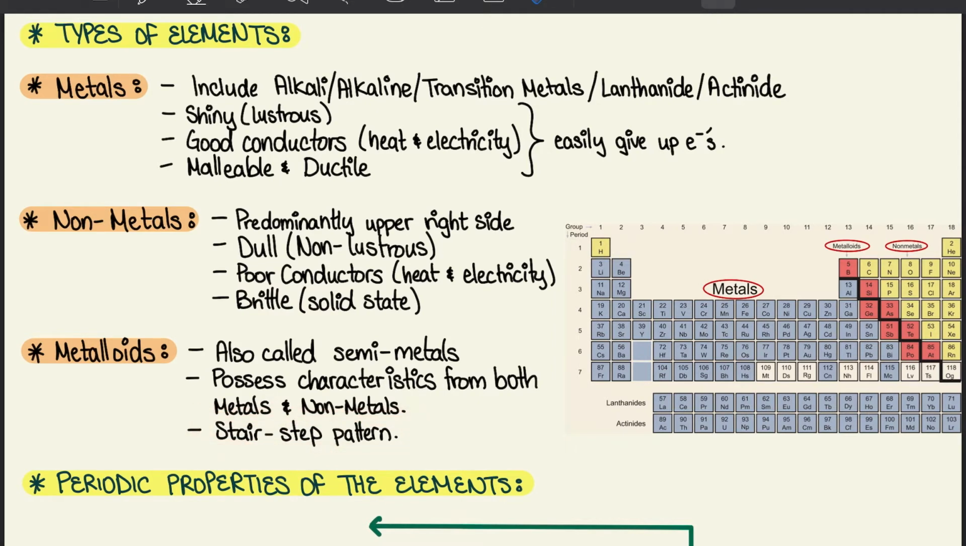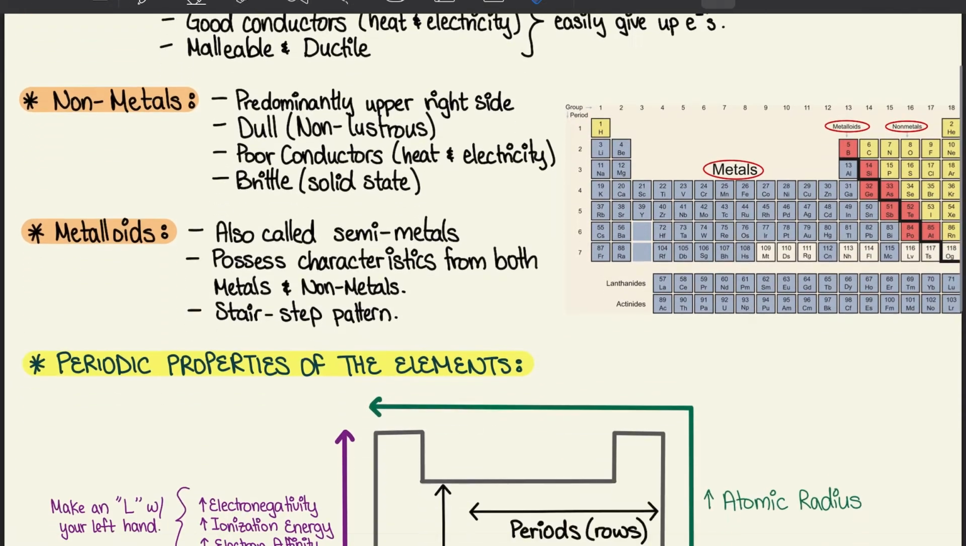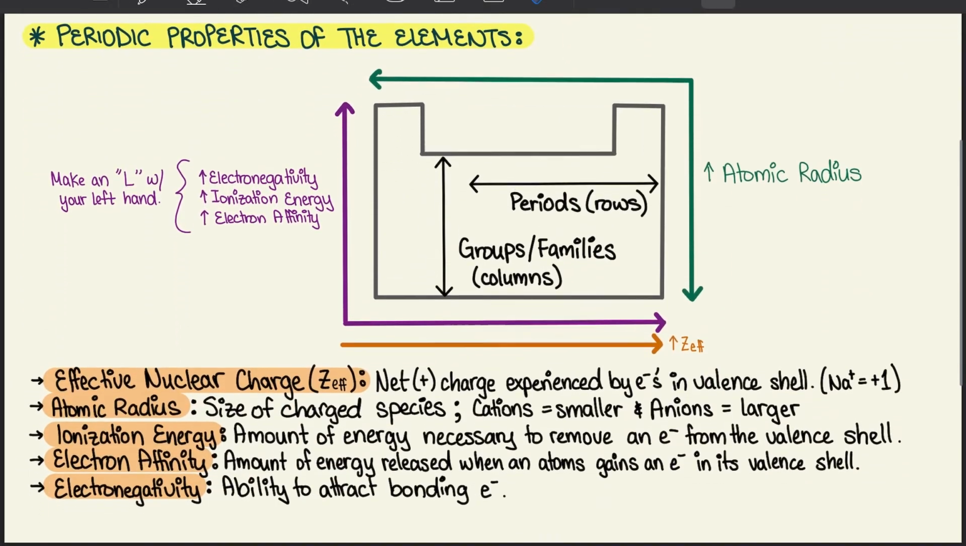If you look at the periodic table to your right there, you can see that I've circled those 3 types of elements. You have your metals in blue, your nonmetals in yellow, which is the upper right side, and metalloids in red that make that staircase pattern. So that was chapter 2.2, and we're going to go on to chapter 2.3, which talks about the periodic properties